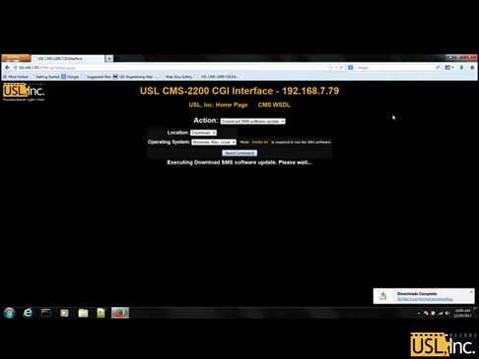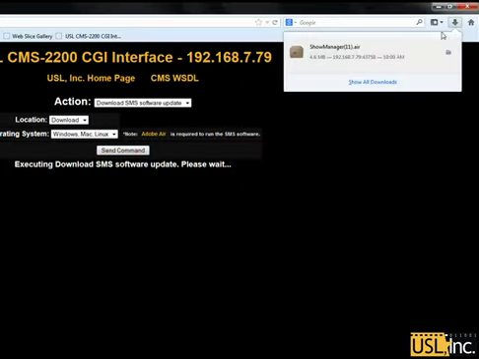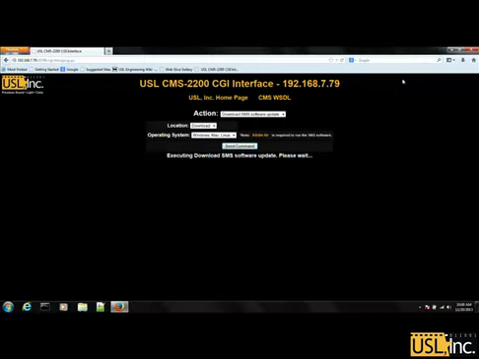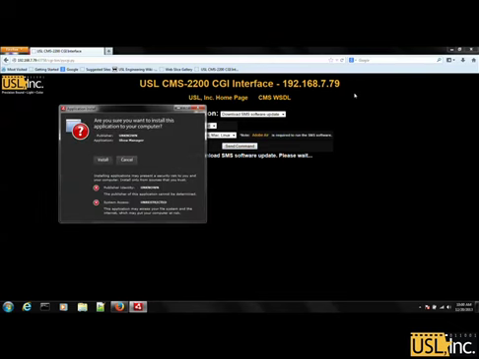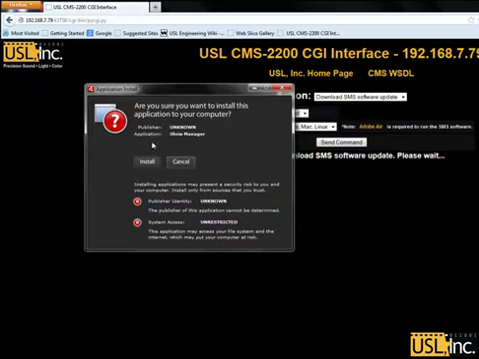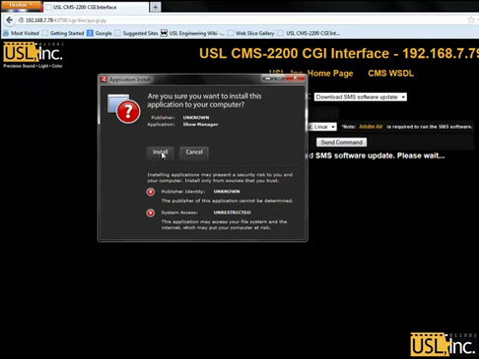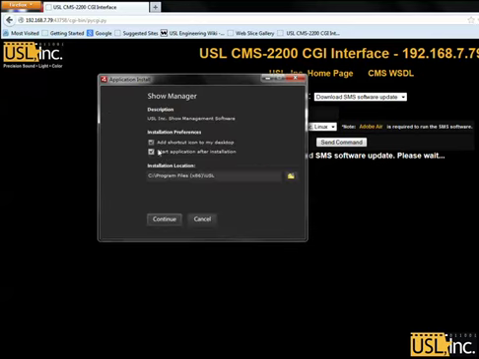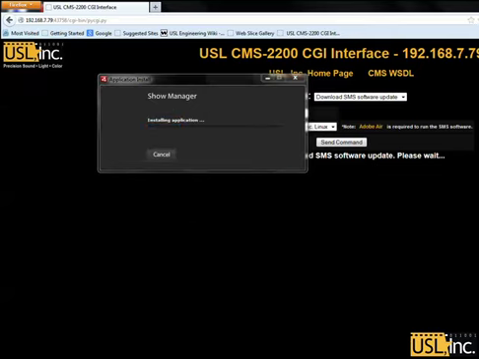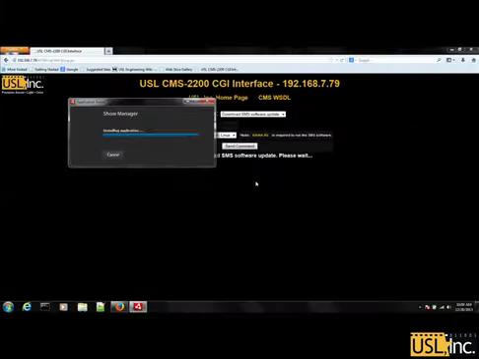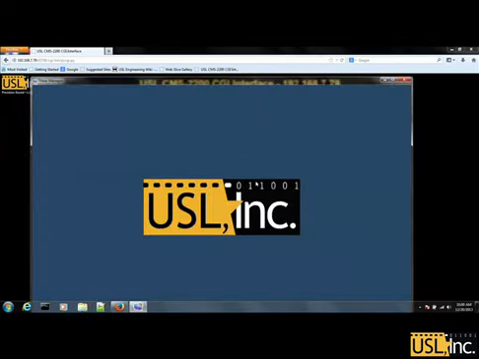My computer has now saved the file through this web browser, and I go to wherever it downloaded and open it to have it install. The Air installer will then go through the process. Select all the options you want. Here I want a desktop shortcut, and allow it to install on your computer. The Show Manager software is now installed,